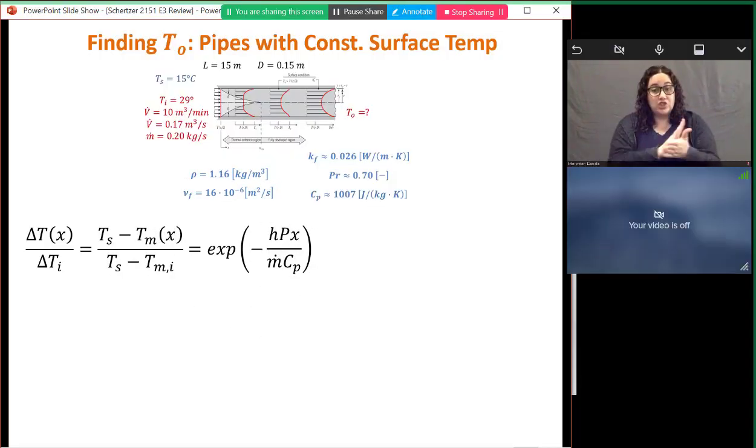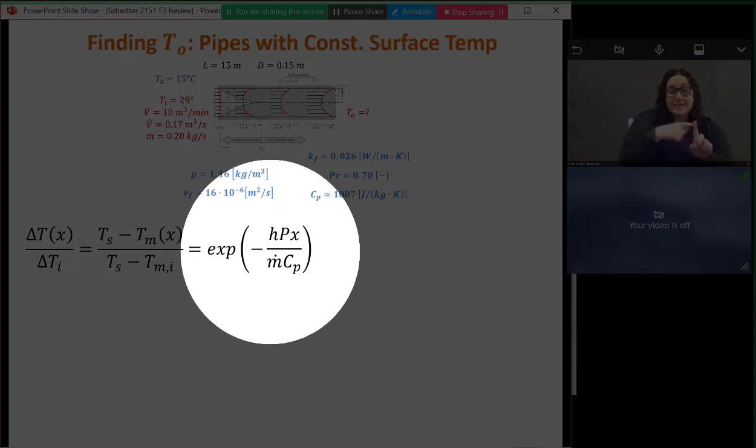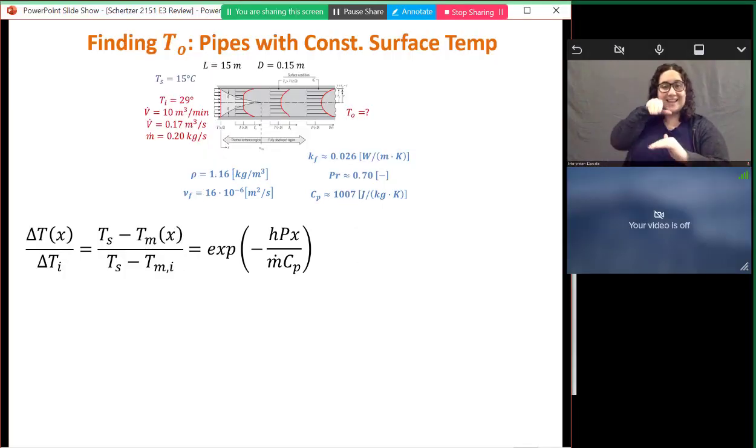And we can see we've got this equation for internal flow with constant surface temperatures. So this says the surface temperature minus the fluid temperature at whatever distance x that we're interested in, divided by the surface temperature minus the inlet fluid temperature, is equal to this expression that's spotlighted on the slide. Spotlighted just doesn't seem grammatically correct, right?